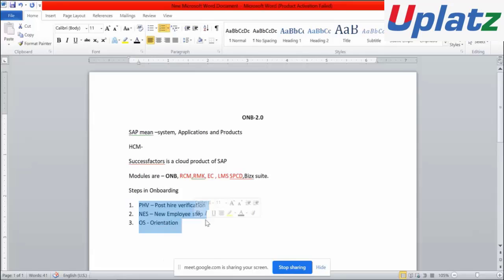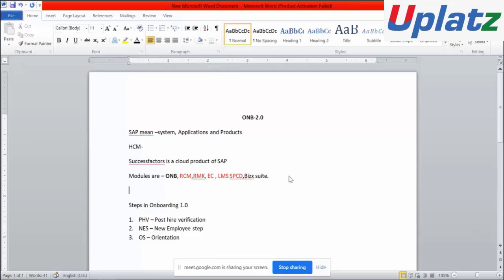The first one is PHP, that is in onboarding 1.0, not in 2.0. We have different names in 2.0, and I'll tell you that also. First, let us have a clear idea on onboarding 1.0. Yesterday we discussed that whenever the hiring manager initiates onboarding,